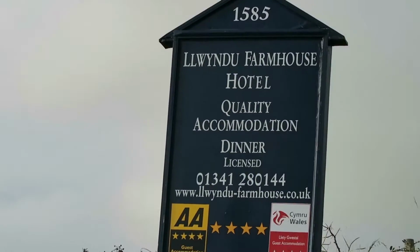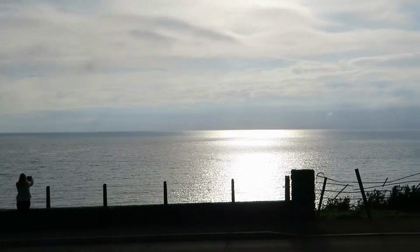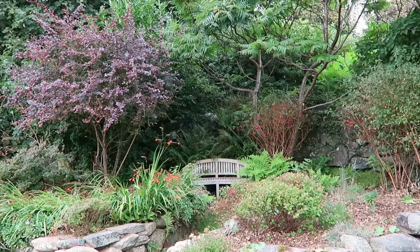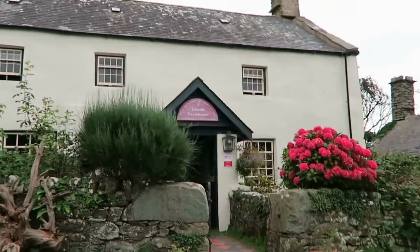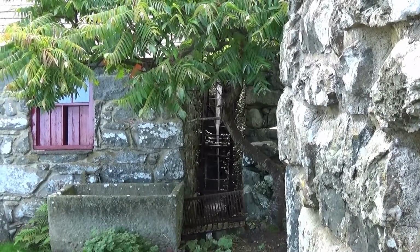So after we'd visited Portmeirion, we drove down to this lovely little farmhouse. It's about 30 minutes from Portmeirion, up a track, and has an amazing view of the sea. When you go up, you can look down from the actual garden area. Lovely view, really nice surroundings, very well looked after. It's a proper old school farmhouse where you go in and that's where you go and eat. But we had a converted granary to actually live in for a few days with a lovely little waterfall